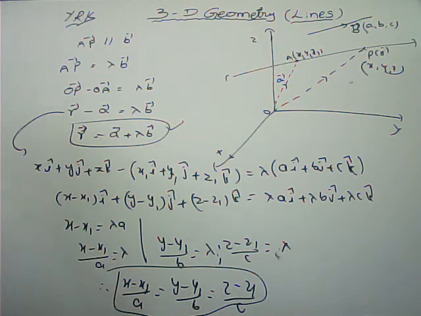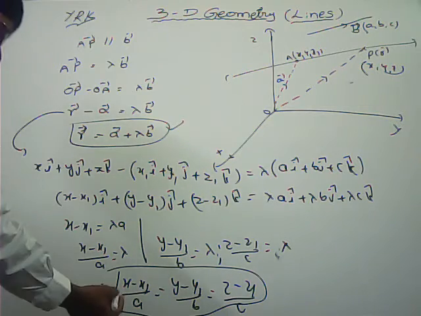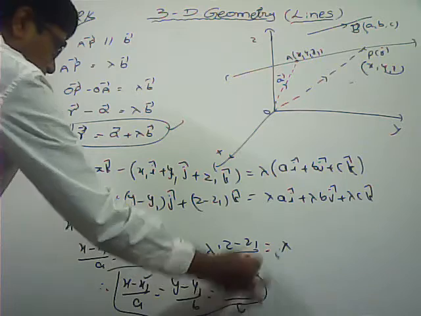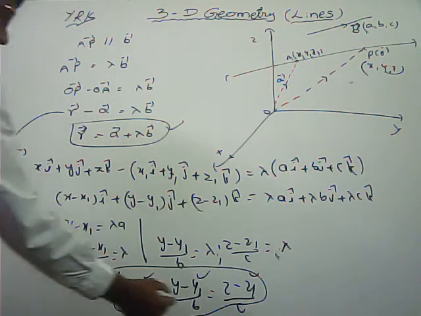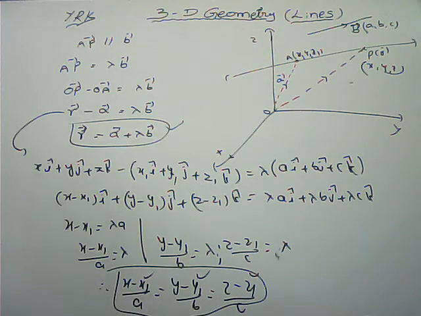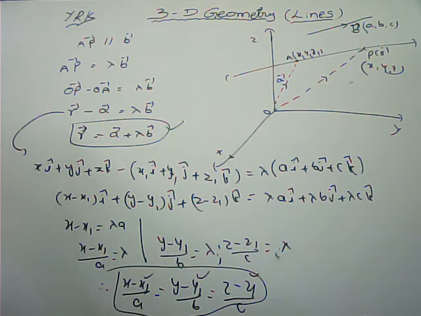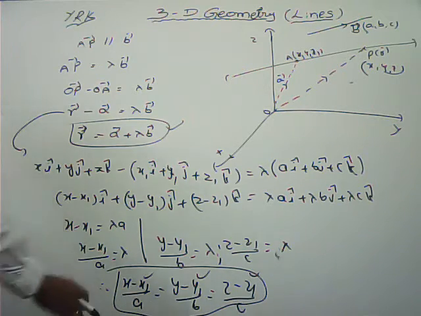So this is the equation of the line, this is the vector form, and this is the Cartesian form. This line always passes through the point x1, y1, z1, and whatever numbers are there in the denominator, those are the direction ratios of the given line. Those are the parallel direction ratios also. If two lines are parallel, their direction ratios are in the same ratio also. These are the direction ratios of the line, or parallel direction ratios of that line.